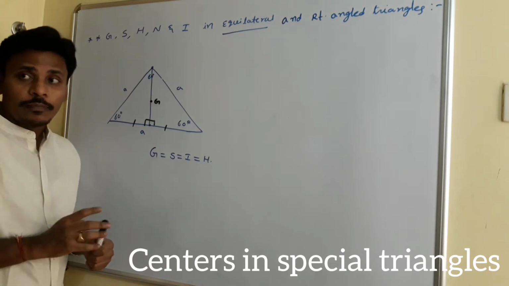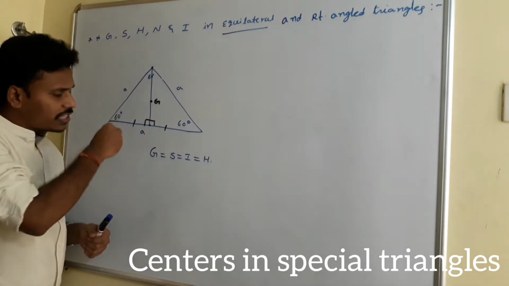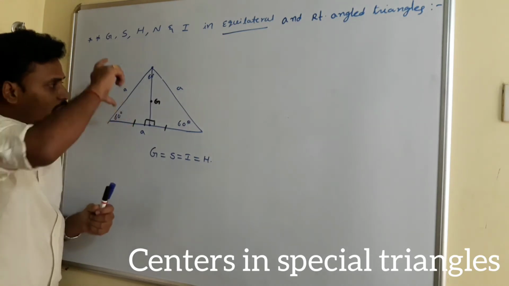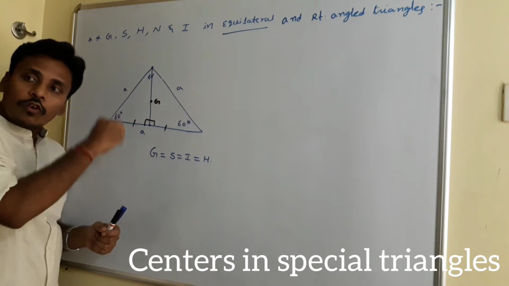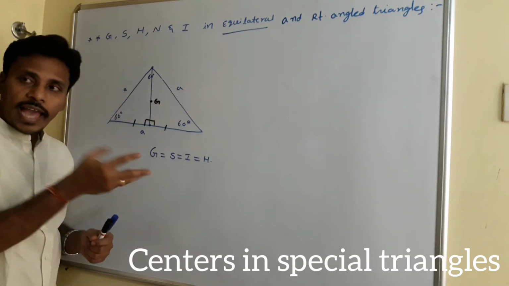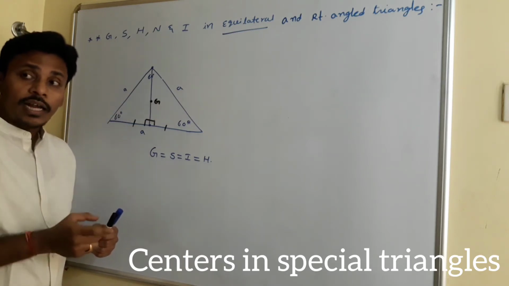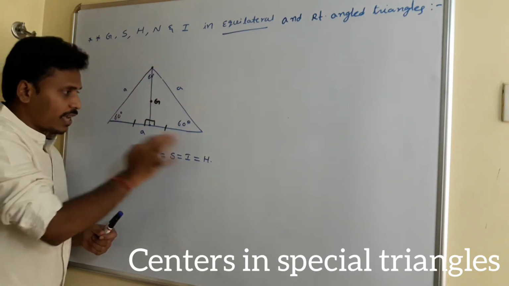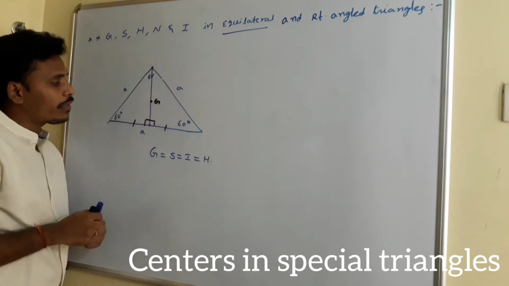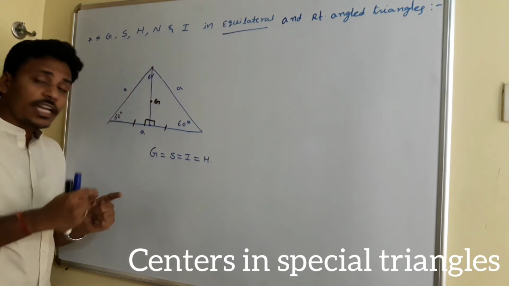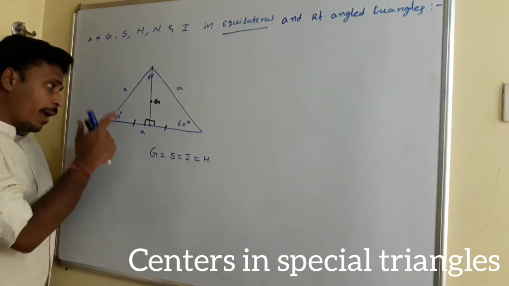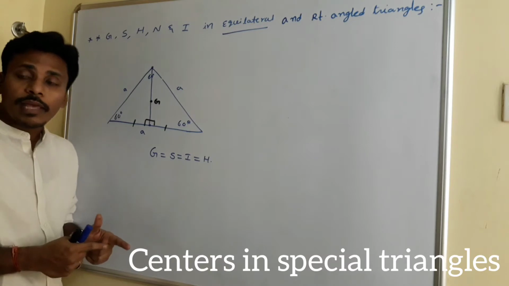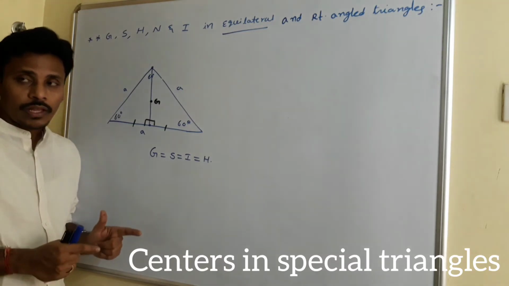Since it is symmetrical, there exist three medians, three altitudes, three angle bisectors and three perpendicular bisectors generally. The lengths of the three medians are the same, the lengths of the three altitudes are the same, the lengths of the three angle bisectors are the same, like that. And if you look at a vertex and a side, and draw a perpendicular from that vertex to the side, that perpendicular also behaves like a median, also behaves like a perpendicular bisector, and the same line behaves like an angular bisector also, right?